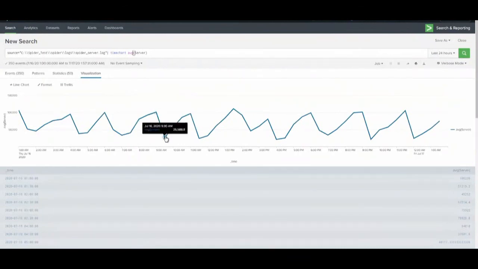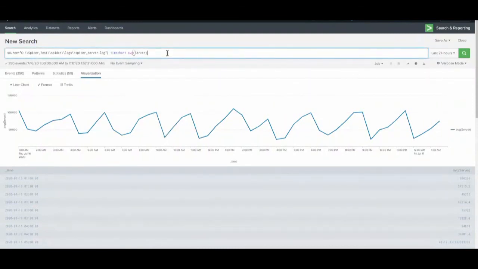So these are all the features here to analyze the logs of your Panther web application. These are the basic searching queries, or you can customize your search based on your requirement.